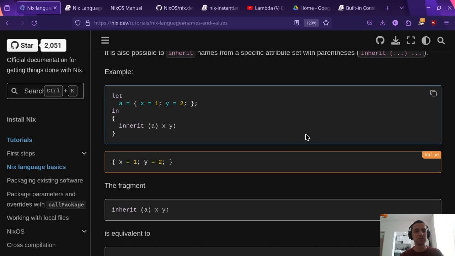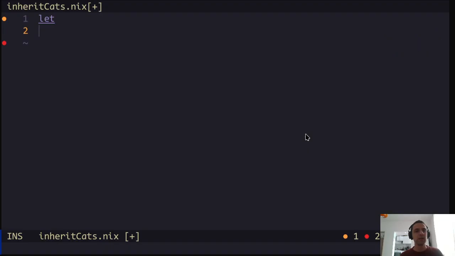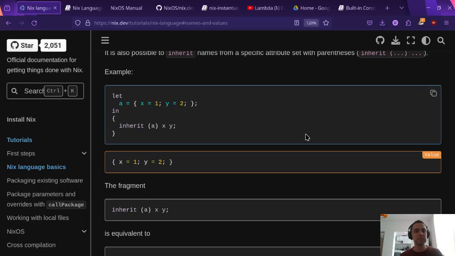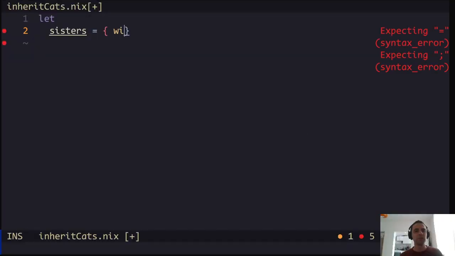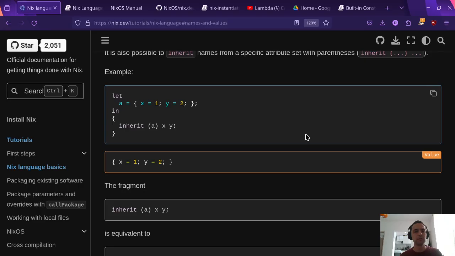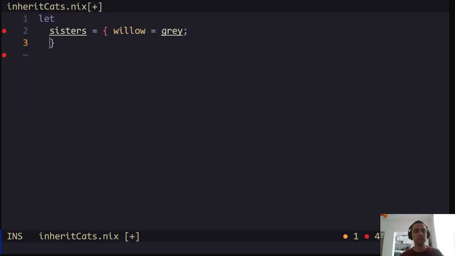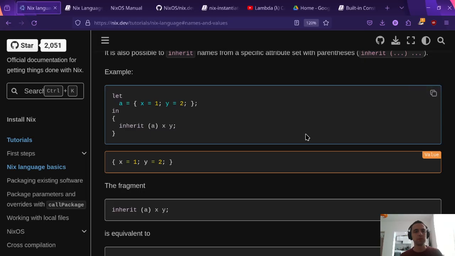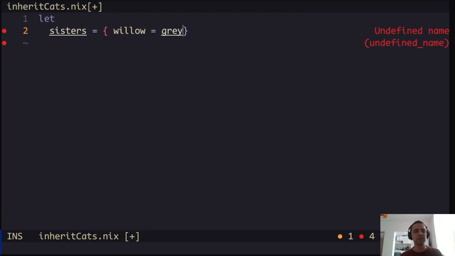We'll do colors. Okay. Let sisters is gonna do willow gray, and we're gonna do format this. I don't know. Let's practice. What did we say? Let's practice. Let sisters,